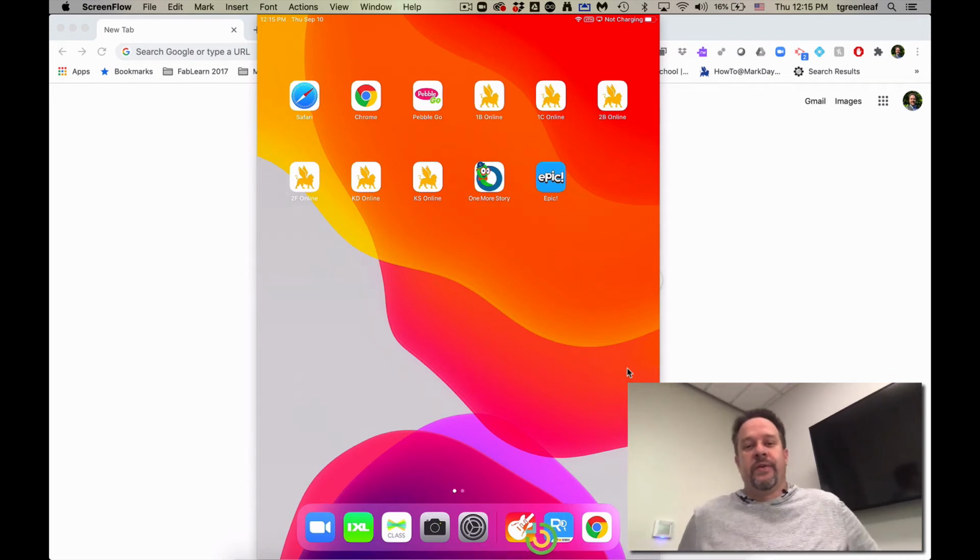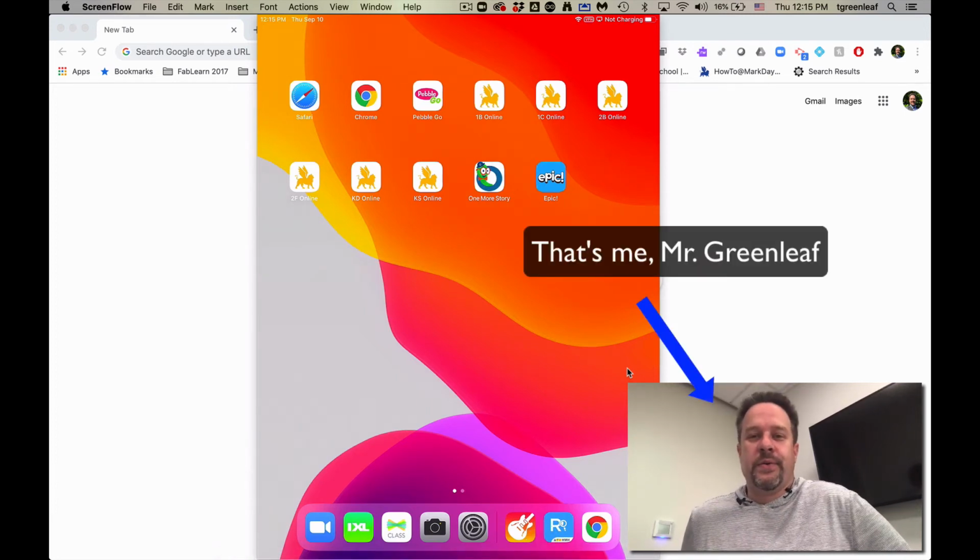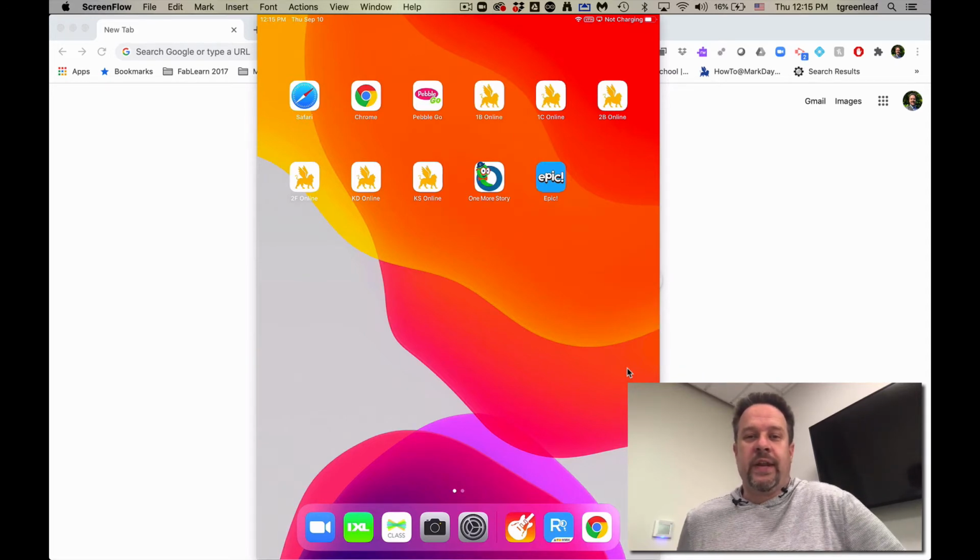Hi, I'm going to be showing you how to set up and log into the SRI app on your iPad, which is the Scholastic Reading Inventory app. I'll show you how to find that app in just a minute, but first we have to set something up in the settings on your iPad. So you'll want to tap on the gear icon, the settings icon,